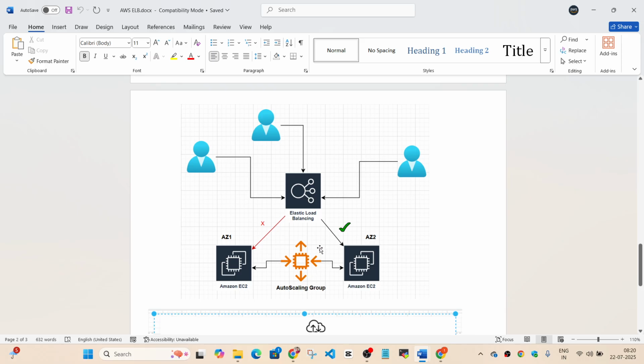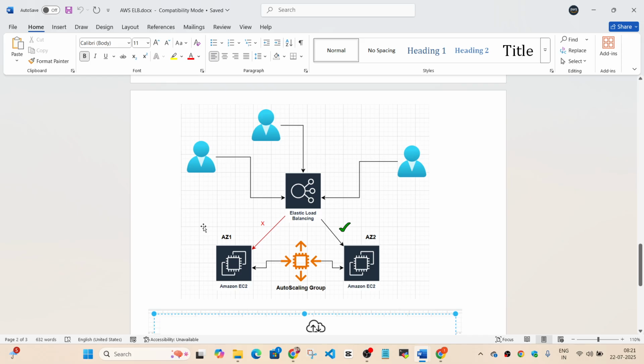If you want to balance the load across different availability zones also, it is called cross zone load balancing. That is also possible with Elastic Load Balancers. So it is able to do multiple things: apart from routing the traffic to the targets and distributing it, it can perform health checks, and it is able to do cross zone load balancing.